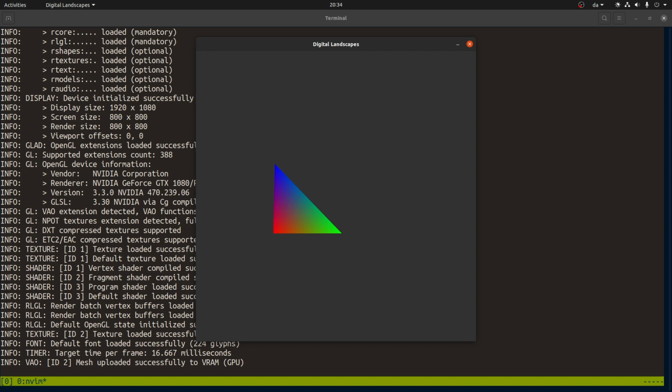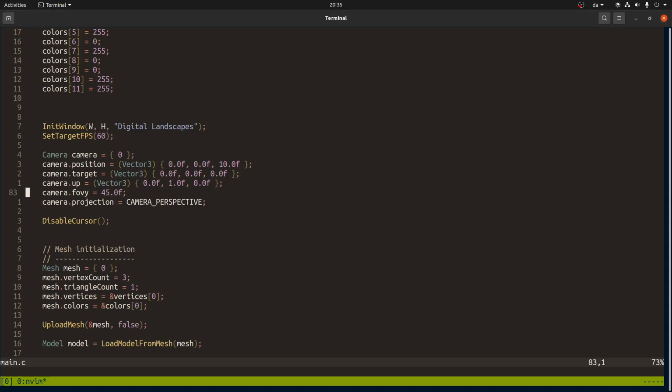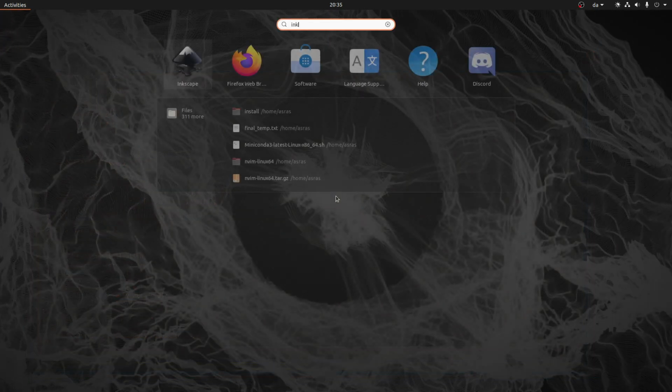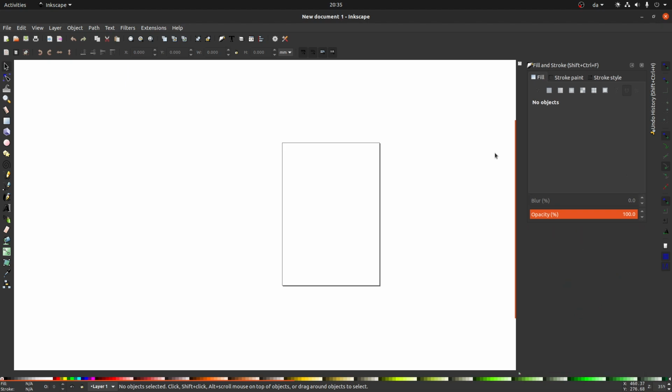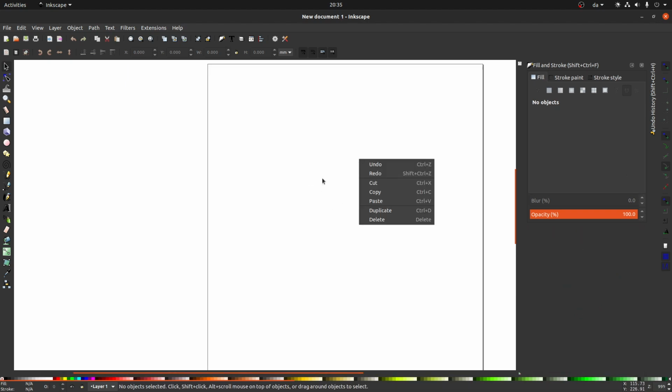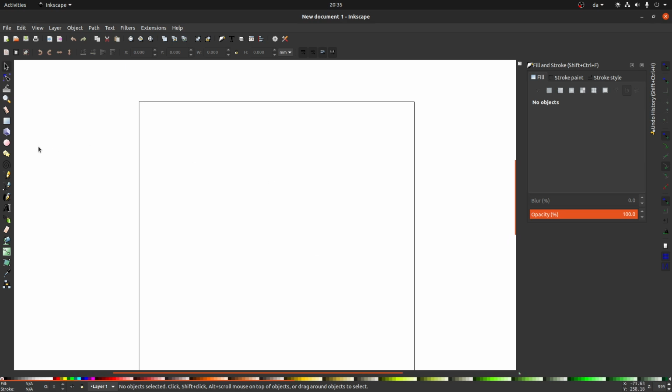Maybe if we do something like this. Let's open Inkscape and let's close some of this stuff over here. So we want to generate a landscape. And the way we can do that is by generating a, maybe if I take this,